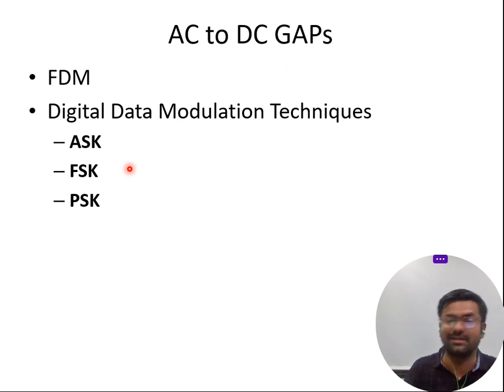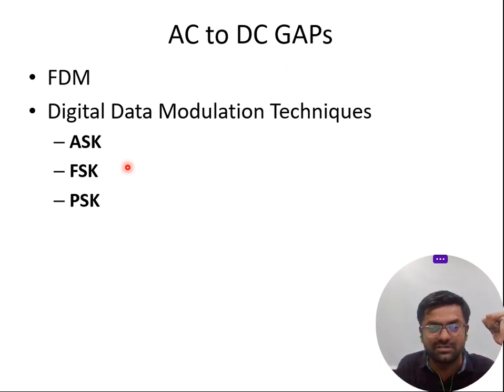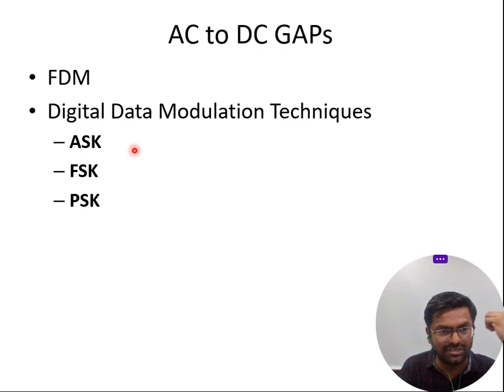What are the input signals we are having for digital communication? It's very simple. The input signal is digital in nature, right? In analog communication, the input signal is analog in nature. So if the data is digital in nature, due to the property of binary, because digital